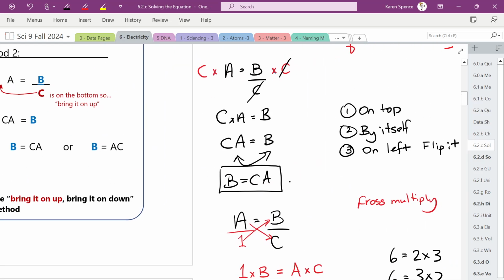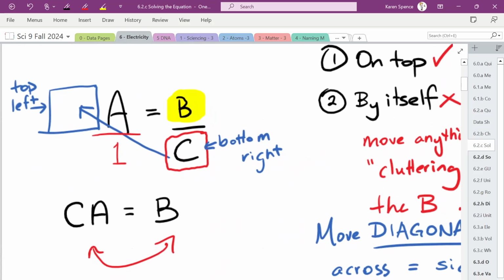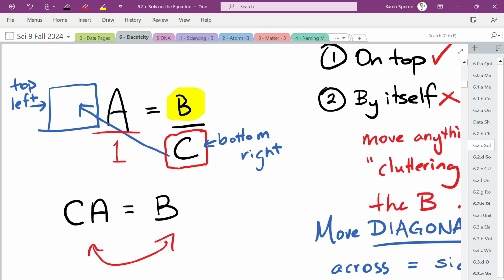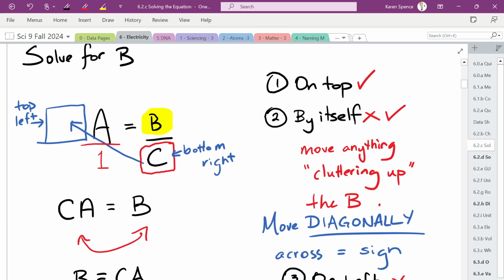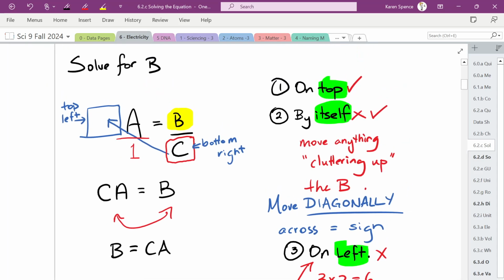Okay, so last day, we solved the equation. We had A equals B over C, which is the same format as I equals Q over T. And last day, we solved for B. And remember, in order to solve for something, you need to get it on the top by itself and on the left. If you want to add that to your purple sheet, if you think that's going to be helpful for you, if you want to solve,